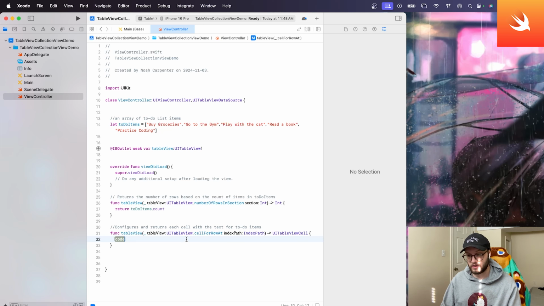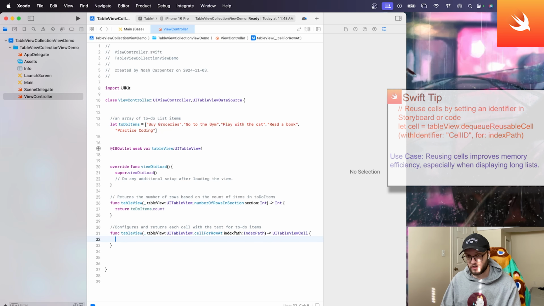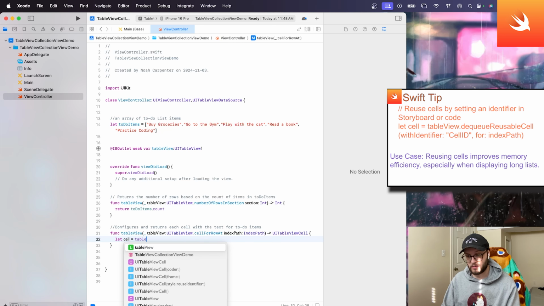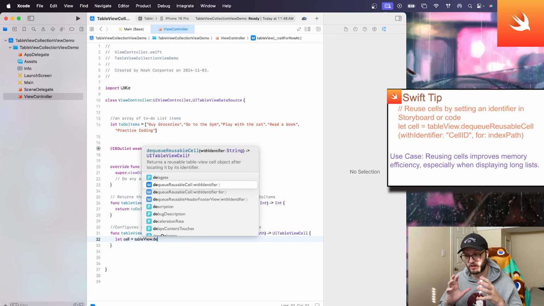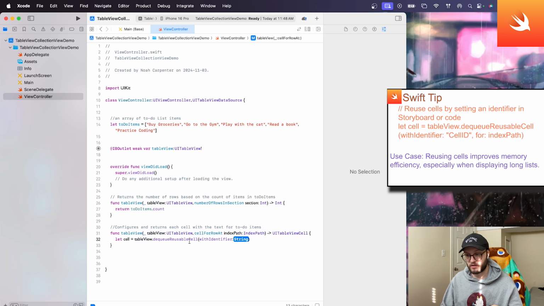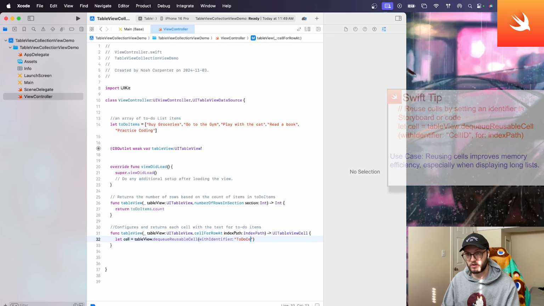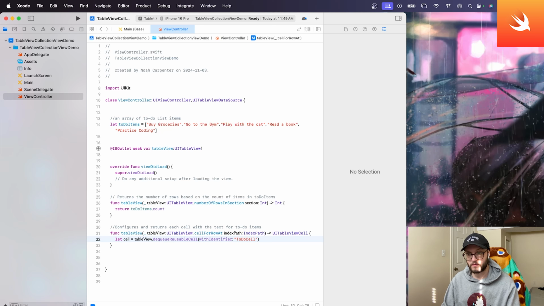So then we're basically going to say, okay, let cell equals tableView.dequeueReusableCell(withIdentifier:). This is going to return a reusable table view cell object after locating it by its identifier. So we're going to go ahead and press enter. And we're going to reference the to-do cell. And then we're going to say for